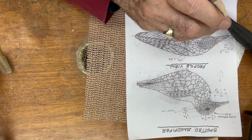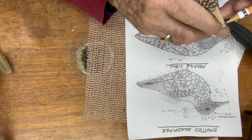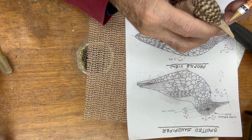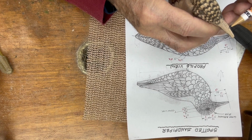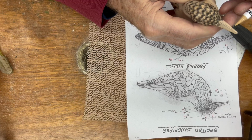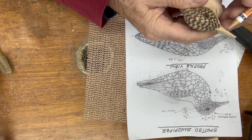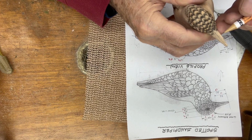Now what we need to do, I'm going to put the center line back in, believe it or not, but it's just right on top of the beak right here, like this. And I need to define that area because here's what I'm going to ask you to do. I'm going to come down about a 32nd on one side of that line, take it out to here. It's not all the way out to the end. You're probably about an 1/8 of an inch from the end. And then I'm going to ask you to come and draw a line up from the burn line, about a 32nd of an inch,